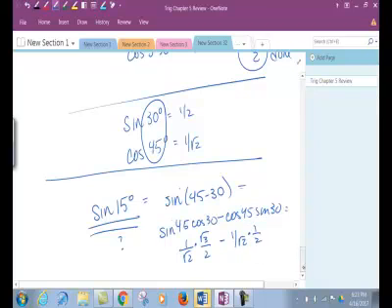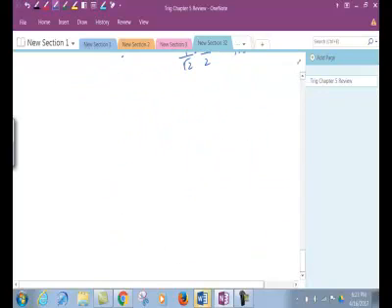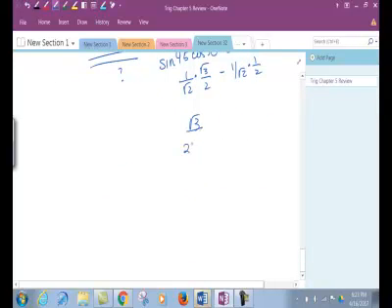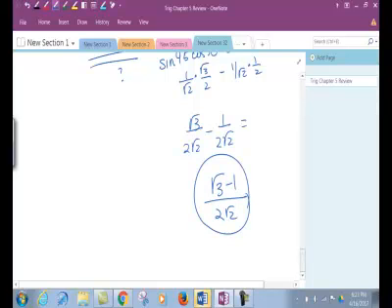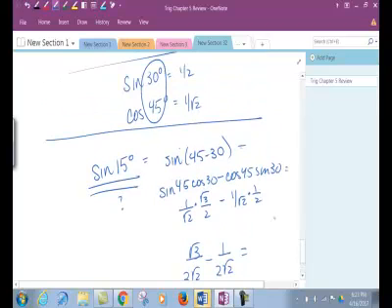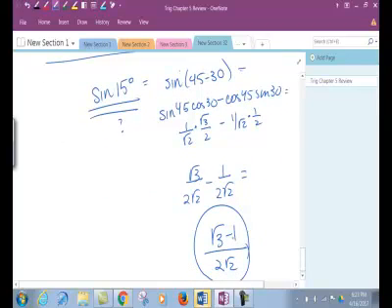Okay, so we're just going to put this together, and we get √3 over 2√2 minus 1 over 2√2. And so final answer, √3 minus 1 over 2√2. Okay, so because of these sum and difference angles, we are able to find exact values for angles we didn't know before. Okay, if you can do all of those problems, if you can do the problems from your quiz,